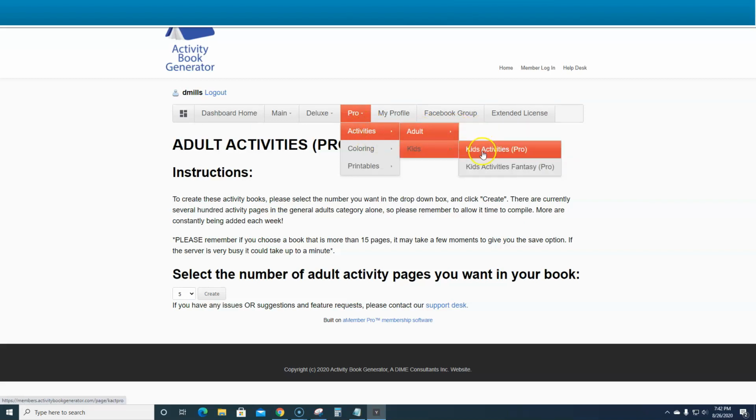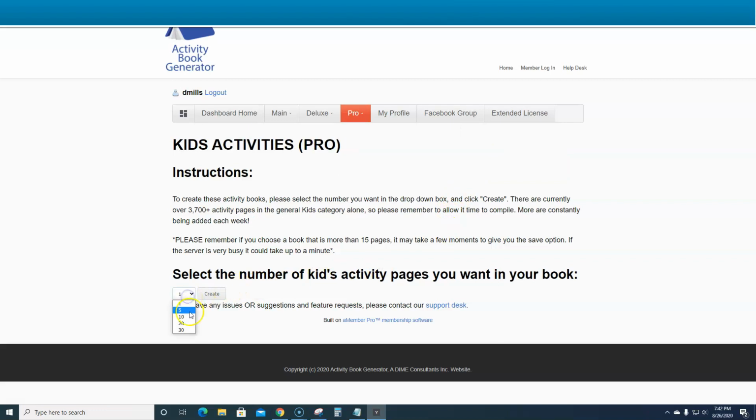So kids activities and kids activities fantasies. So they're starting to get really specific. They're getting into some specific niches. I'm going to go ahead and grab just 5 here. So you can see that there's 3,700 plus activity pages in the general kids category alone. So, good luck creating the same exact